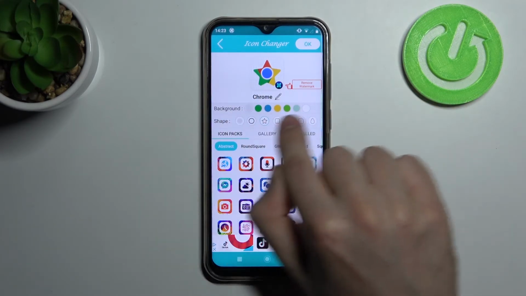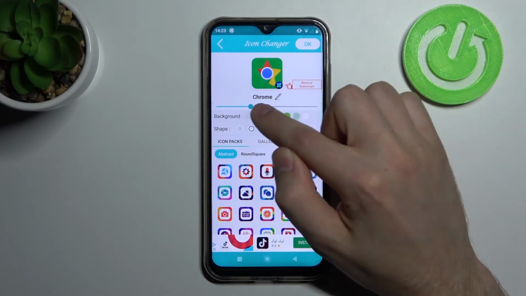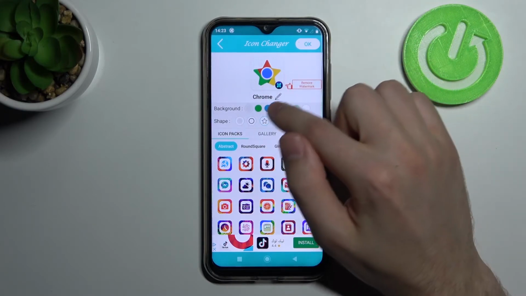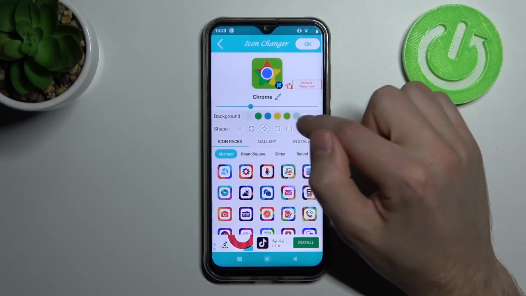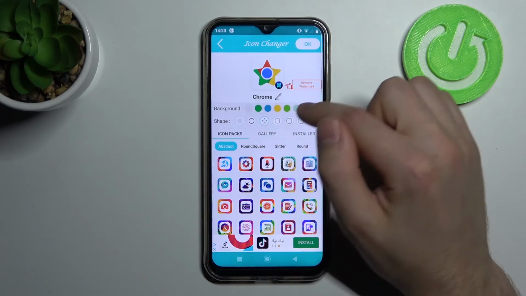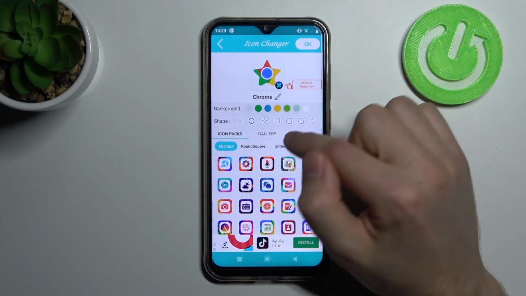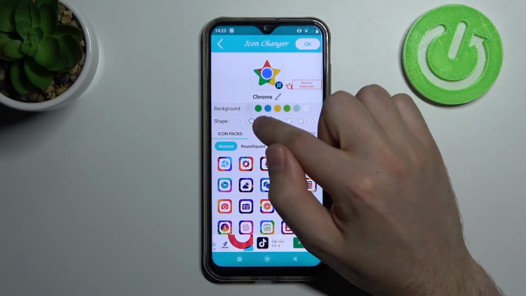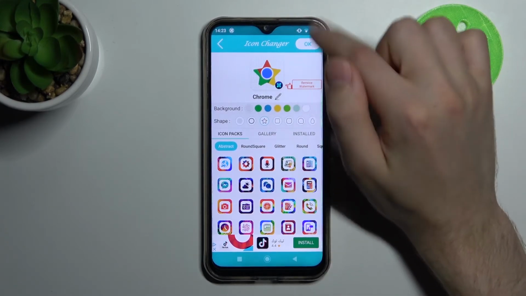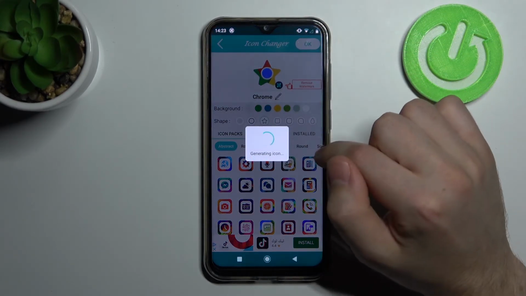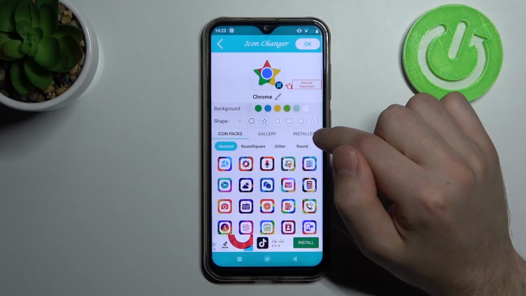And on the top we got a background color, so we can choose non-background color or something, for example yellow, green or white. So without background color, and click shape, for example star. Then click to OK, save this icon,